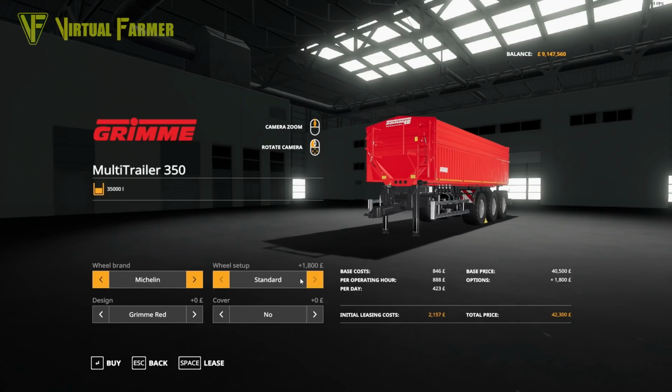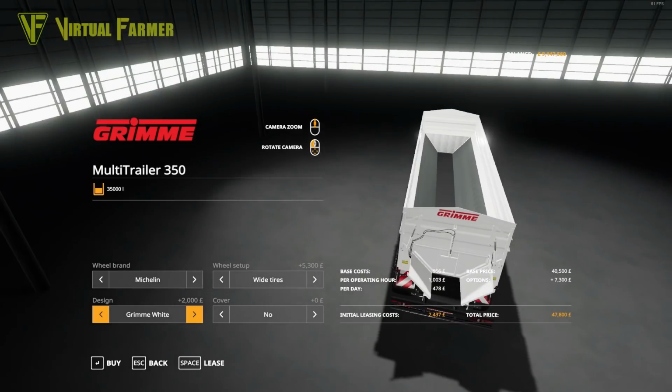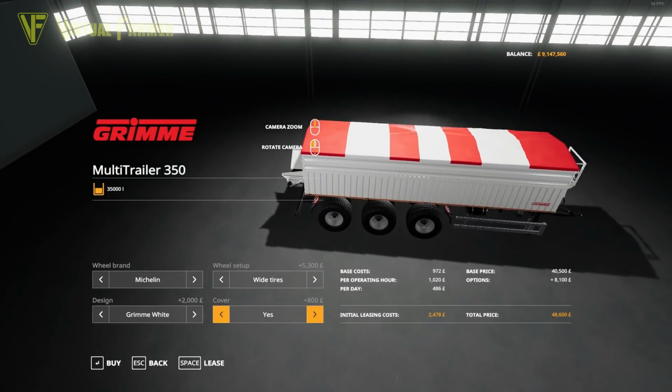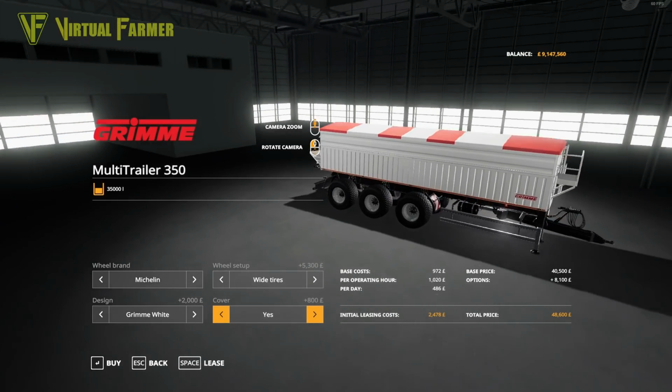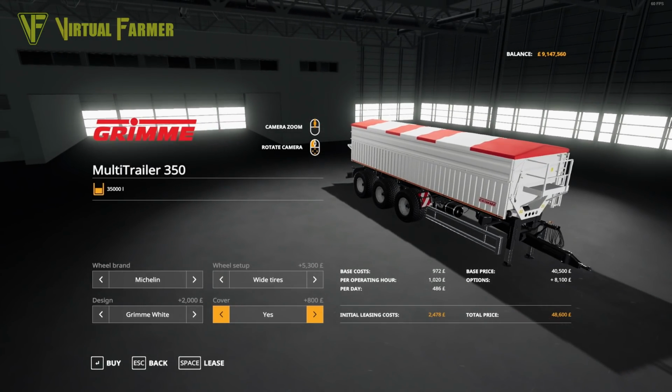Looks like the Michelins are. So we'll set to that. Design is either the Grimme Red or the Grimme White, which is pretty cool. I like that very much. And the cover is an option as well, and you get this rather nice striped red and white cover. All of these configuration options will add a total of 8,100 to the cost of your trailer at its most